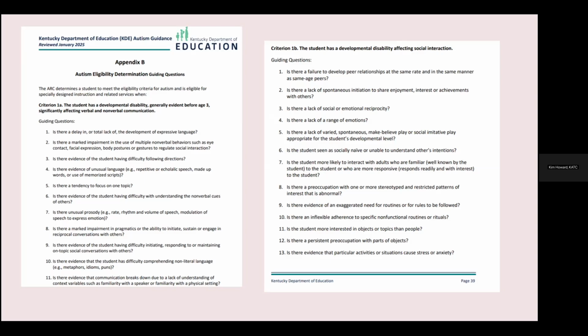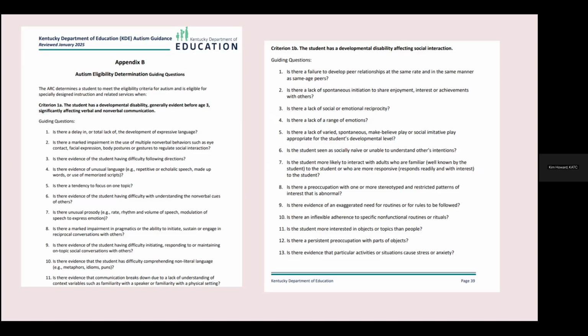Is it lack of social or emotional reciprocity? So they don't read the social situation well, or they can't adjust what they're doing socially to the setting. Do they have a lack of range of emotions? Is it students that are more interested in objects or topics than people? I had a student years ago that loved Latin. Loved Latin. I mean, Latin is not something that generally people love, right? He's so into Latin. Is it preoccupation with restrictive patterns of interest?